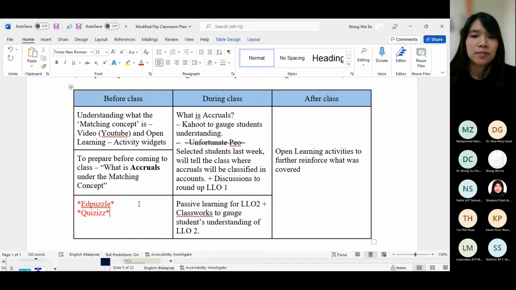So after playing quizzes, you will have statistics where it says, okay, this is the question where many students got it wrong. So again, maybe in your next class or maybe an after-class activity, you can focus on that question. So these are something that I also do in my class. So I think overall it's pretty interesting here, Mr. Wong. Very good. Okay. Good job.